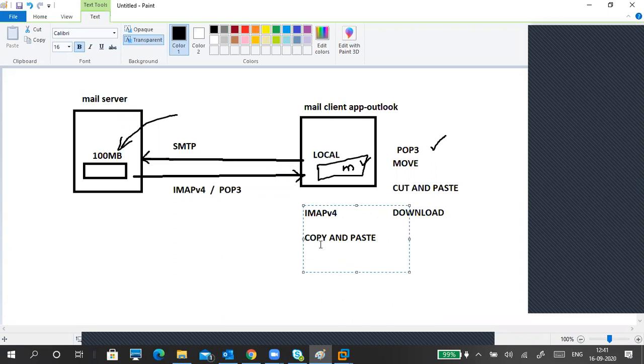And some people say it only sends a link to you. You are actually not downloading the mails to your mail client. It is sending only a link, like an HTML link. So when you open the mail, only then you are able to view the mail. And it won't delete it from the mail server. Of course, it is true, because I checked with both the IMAP configuration and the POP3 configuration. In the POP3 configuration, the size of the local storage is very big compared to IMAP version 4, because IMAP sends basic data only, not complete data.